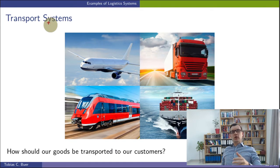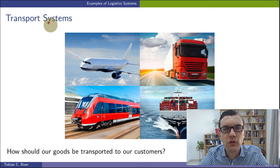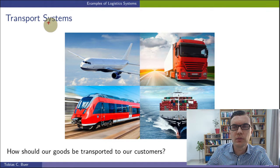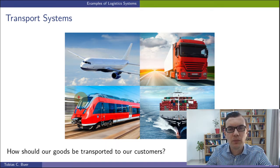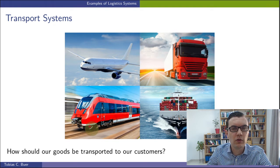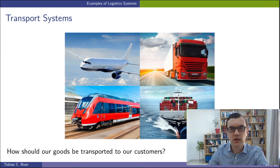Now we talked about the queuing systems and production logistics, and let's move on to transport systems. You are well aware of many transport systems beyond your car. Of course, you know the passenger planes. You know from other countries probably the railway as a means of passenger transport. Of course, you know the road transport of goods via trucks and the ship transport, for example, of containers or